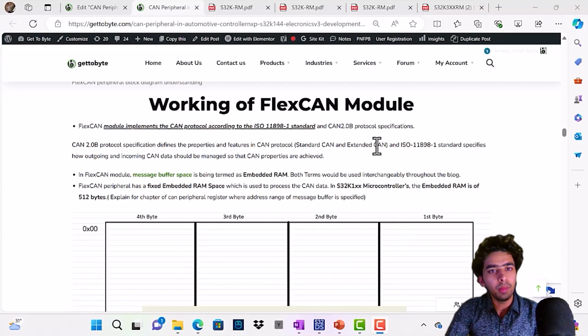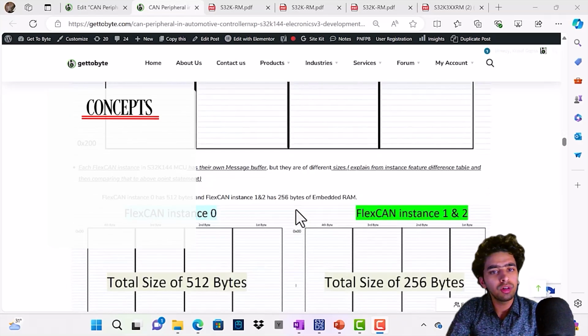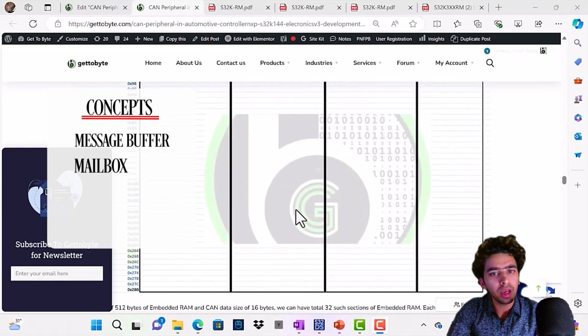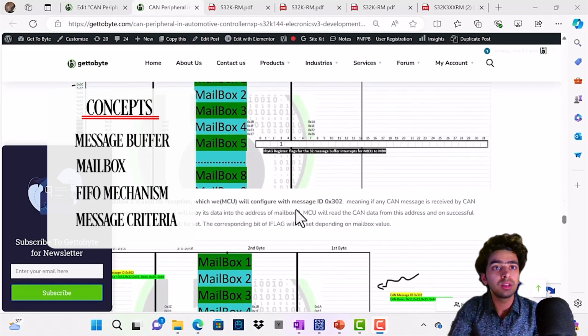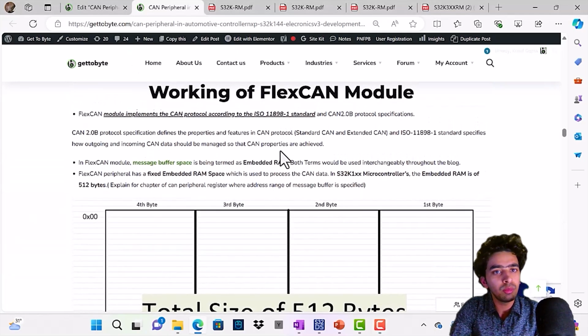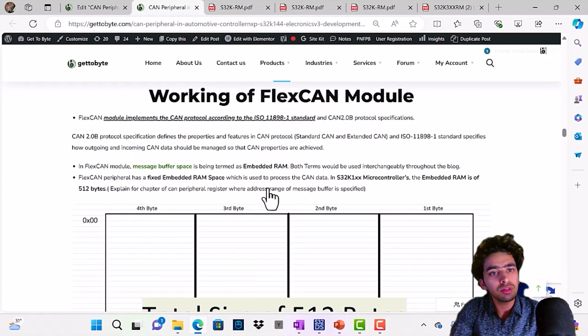Now let's understand the working of the FlexCAN module in terms of concepts like message buffer, mailbox, FIFO mechanism, message criteria, and all the other concepts which we have understood in the previous CAN controller theory. Okay, we will understand the FlexCAN module from the datasheet of the microcontroller and through the infographics which I have created